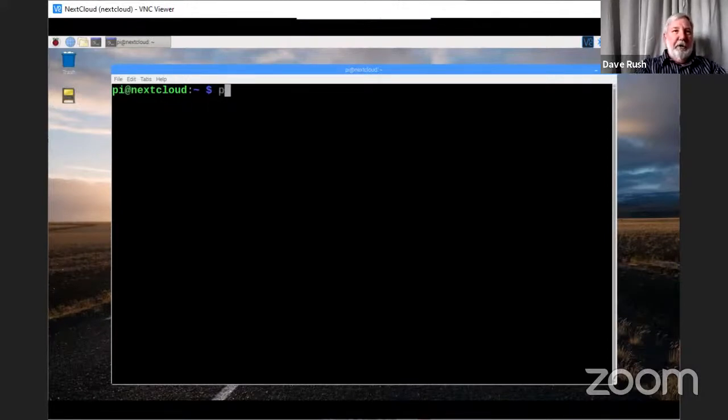The first thing I want to do is run the pwd command, present working directory. Okay, the terminal is up and hopefully it's big enough to see. Let me know, Scott. Notice that I can't tell what my working directory is right now by looking at this prompt. It just says my user account name is pi, and I'm logged into a Raspberry Pi called Nextcloud. So I'm going to type pwd, and notice that this works like the internet, not like Windows, when it comes to displaying a path. We use a /, and we don't have drive letters. There's no C drive or D drive. The top of the file system is called /